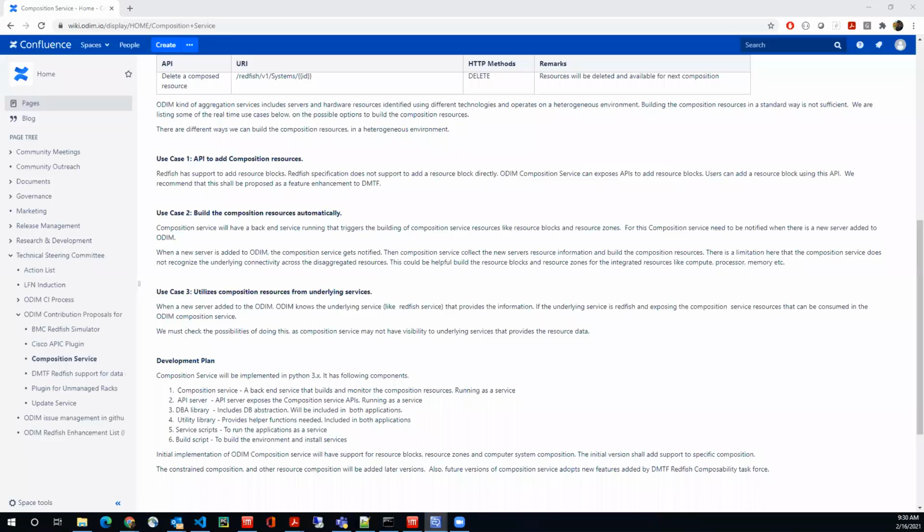And if you have that interface from a DC admin perspective, then you might as well add the API calls to Redfish. So I create a zone. It's stored somewhere in ODIM, right? It's persisted, and then there's already a way to model it, and then you can add pieces into it dynamically.